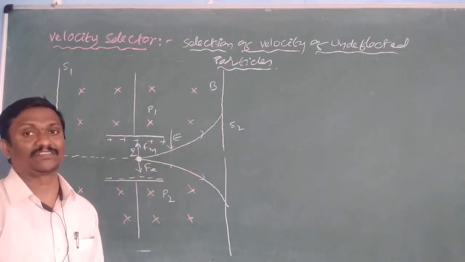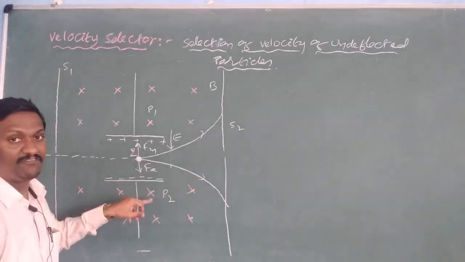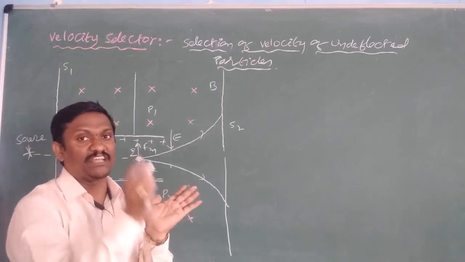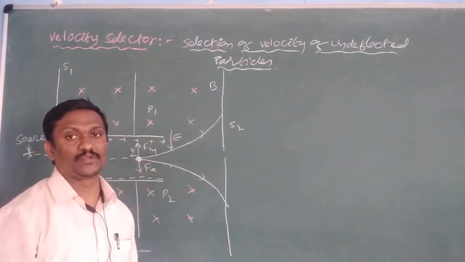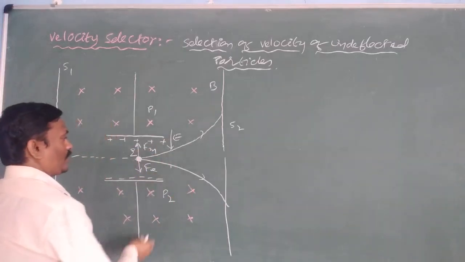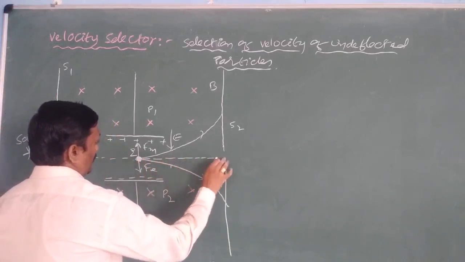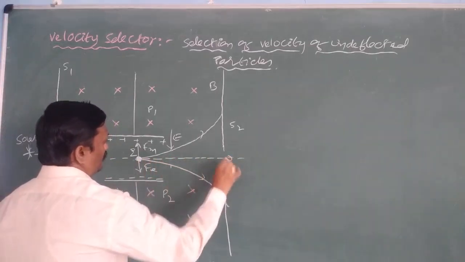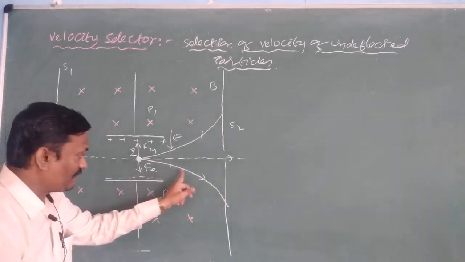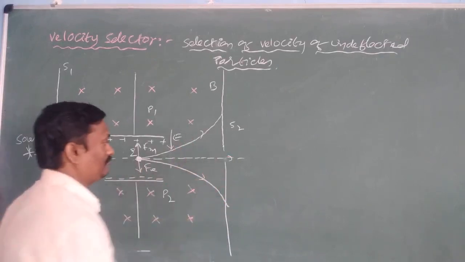But in a few particles, the electrical force and magnetic force are equal. When two equal and opposite forces act on the charge, the net force, the Lorentz force, becomes zero. So on some particles, no resultant Lorentz force is acting. Those particles continuously follow the same straight line path and come out from slit S2. These particles deflect downward, these deflect upward, and these are undeflected.